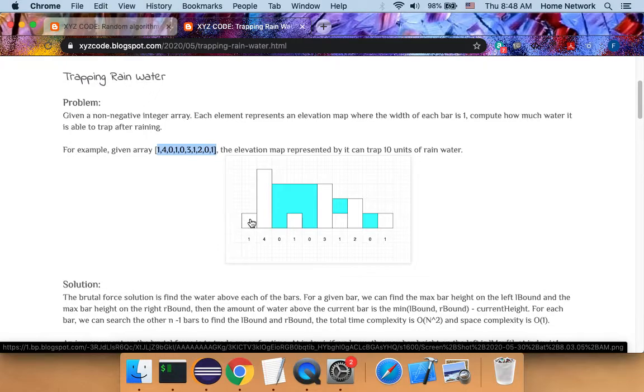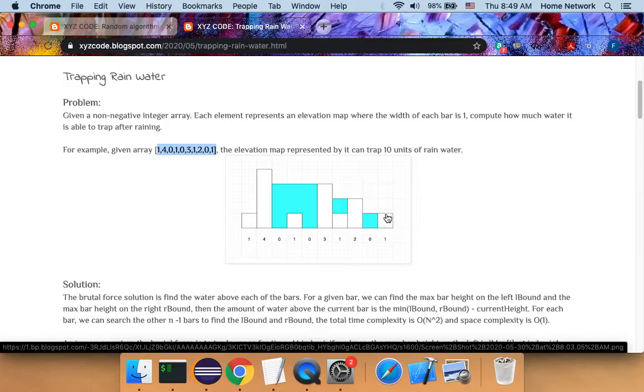Say, since this time the two sides are the same height, we move inward from the left. We move, then we examine this bar. This bar is taller than the left edge, so we just find a new left edge, and this bar and this bar form a new water container, and the bottleneck is at the right side, so we search from the right side instead. In the next position, this bar is shorter than the bottleneck, so this place can hold water,